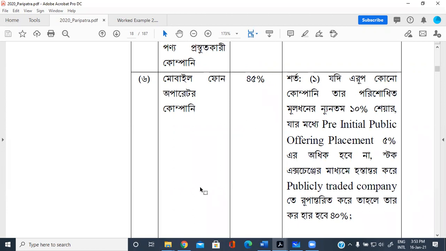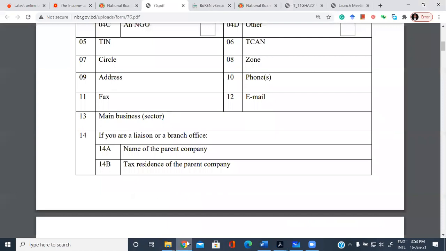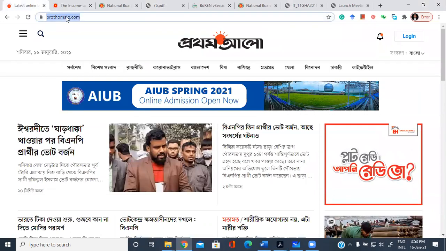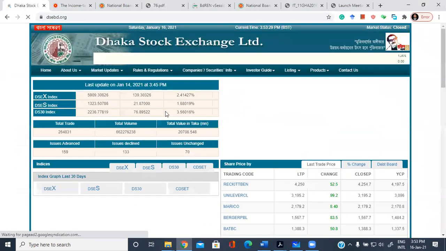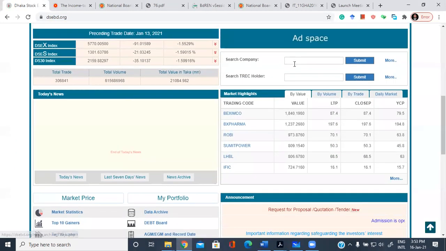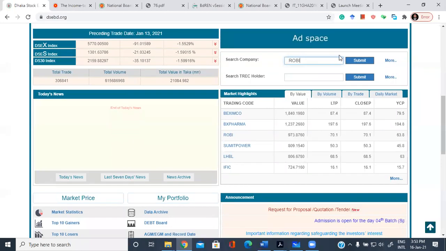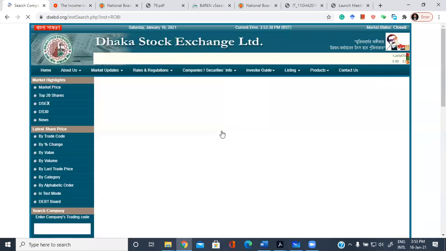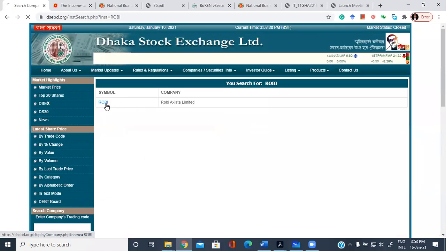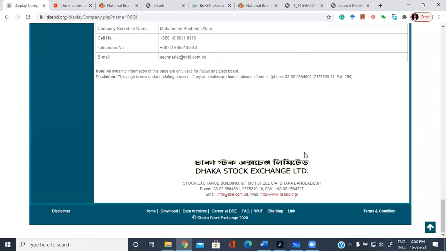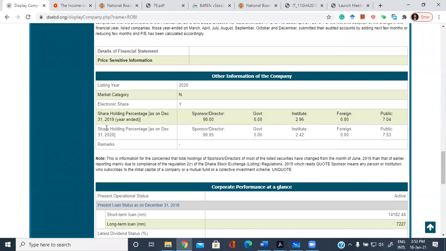So what can I do for you? I can show it to you from the DSE page. For that you will see how much share is in the hands of the sponsors, then you will get the picture. So in the Robi page, if you look at this shareholding, you see now,